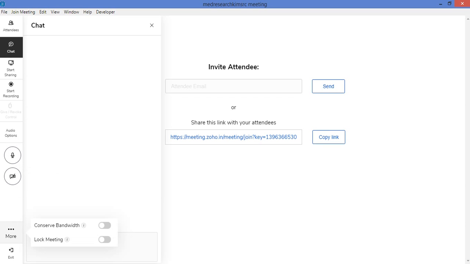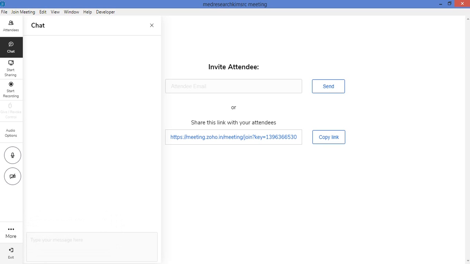Once all the students have joined, you give a particular period of time to join after providing the link, maybe 5 to 10 minutes. Once the 10 minutes are over, you can lock the meeting so that you can start the class. Once you lock the meeting, those who want to join will need your permission. If you accept, then only they will be able to join the class. If you reject them, they will not be able to join the class.